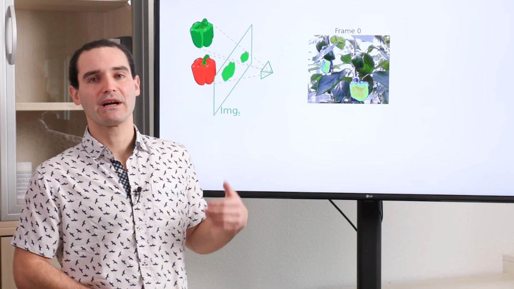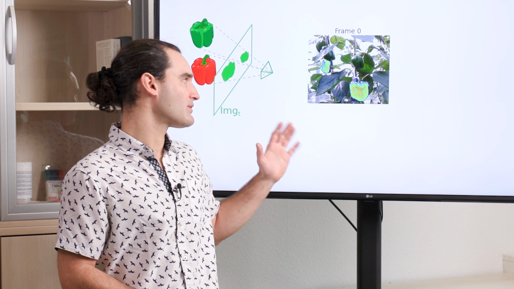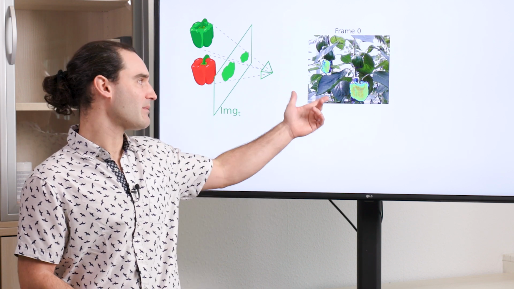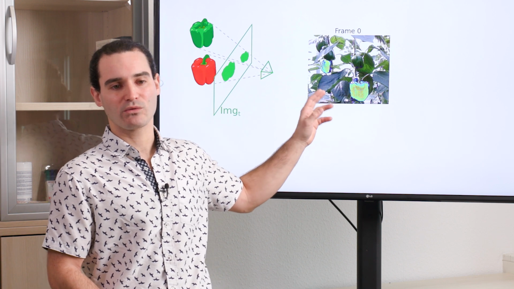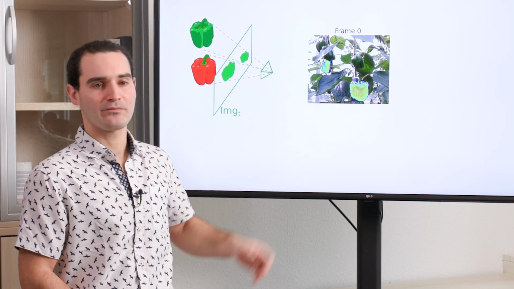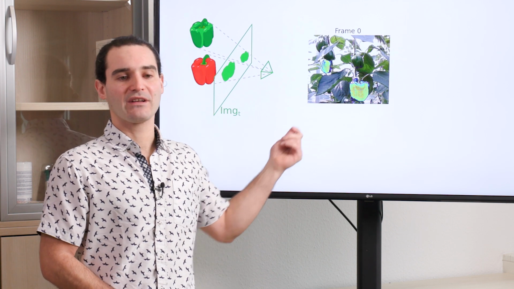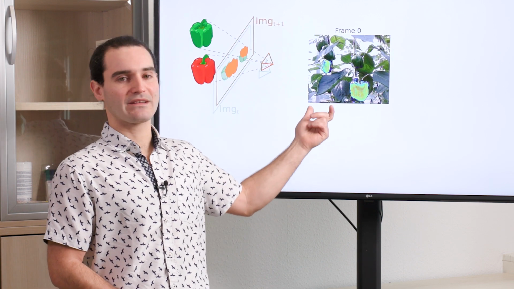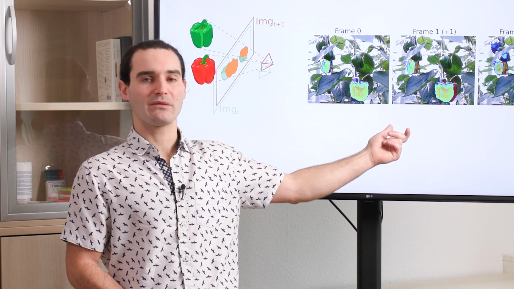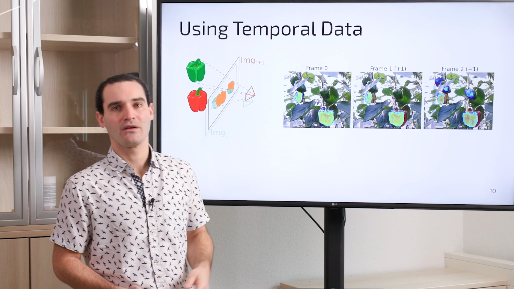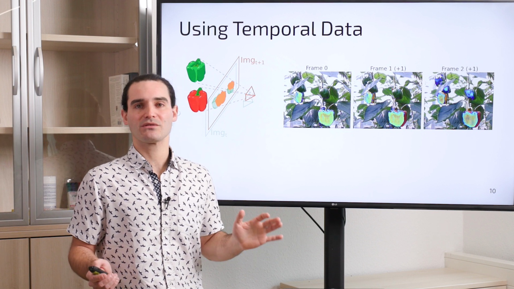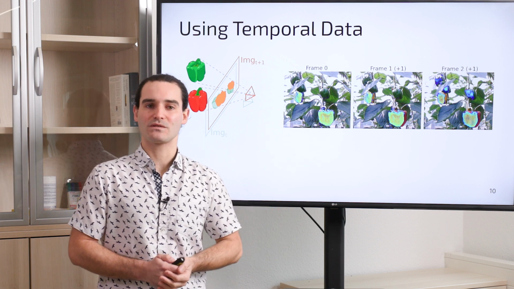So if you were to run a frame through your neural network and you were to show the activations of it on top of that frame, this is how it would look like. And you can see that the activations are well aligned with what you want to detect, in this case, a pepper. So if now your robot moves a little bit and you take those activations and you show them in the upcoming frame, you will see that there's a slight shift because of the movement of the robot, but still those activations are very well aligned with the pepper that you want to detect. So this way you could use temporal information by just fusing all of these activations together